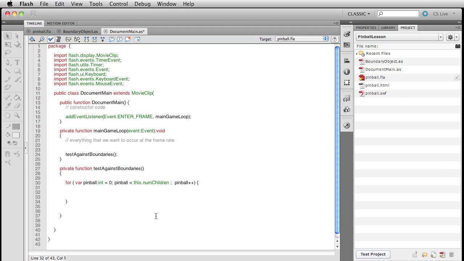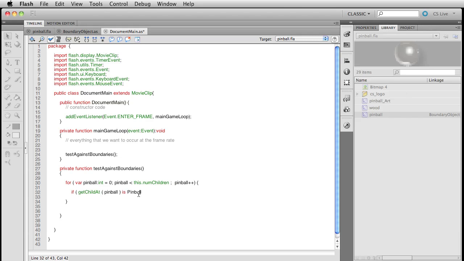Anyway, now we're going to put an if statement inside of here, which says if getChildAt, and this is a way of referencing the index of that child. So if getChildAt(pinball) is Pinball, and that refers to the class. For right now, it's actually a boundary object. You can maybe see where I'm going with that, but later on, it'll be Pinball. But for right now, if getChildAt(pinball) is a boundary object, then in that case,